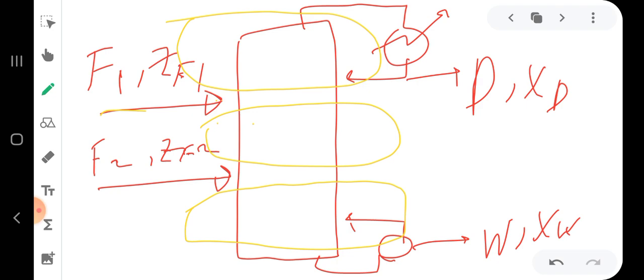For example, if we have 3 feed streams, we're gonna divide our column into 4 sections. If we have 4 feed streams, we're gonna divide our column into 5 sections. Okay, and the most important point here is that each section will have its own value of liquid and vapor flow rates. Okay, why? Because this feed is gonna change the flow rate of either liquid, vapor, or both, depending